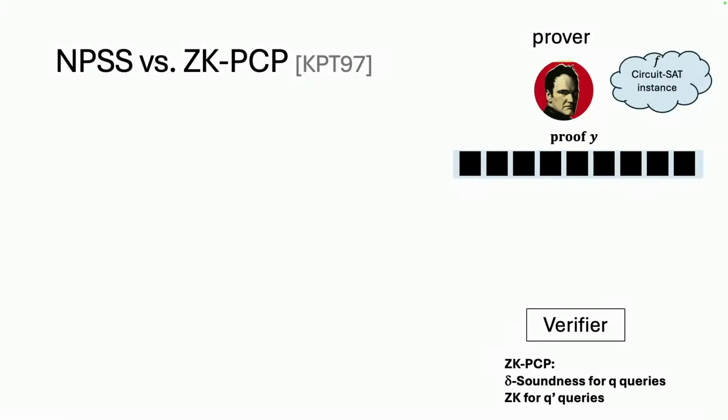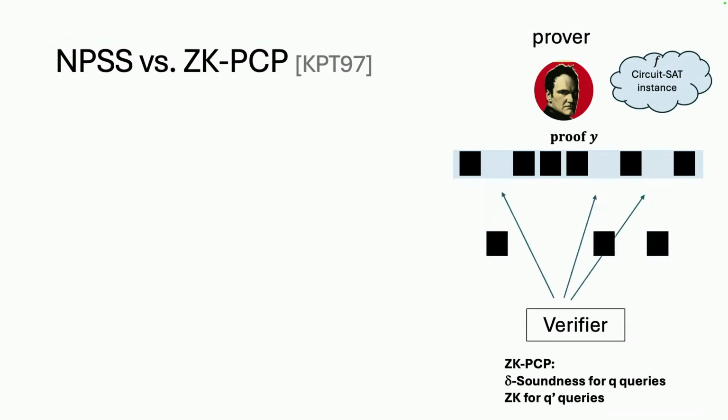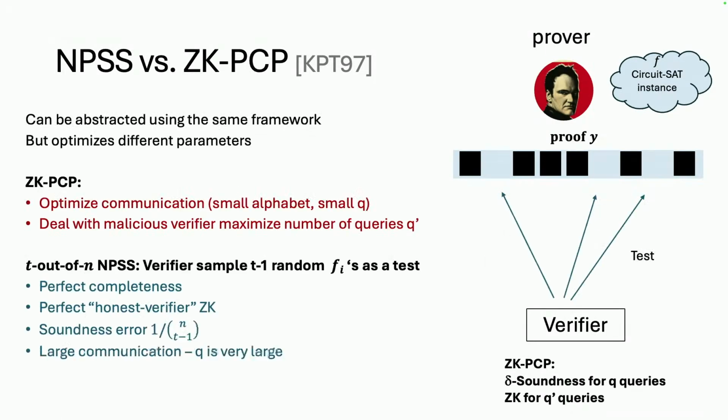The thing with NPSS is that I insist on this sharp threshold, and typically in zero-knowledge PCP, you don't insist on the sharp threshold. On the other hand, zero-knowledge PCP typically should handle a malicious verifier and so on. And here, this is an honest kind of creature. I can elaborate later if you want. Okay, so it's a nice slide, but we don't have time for